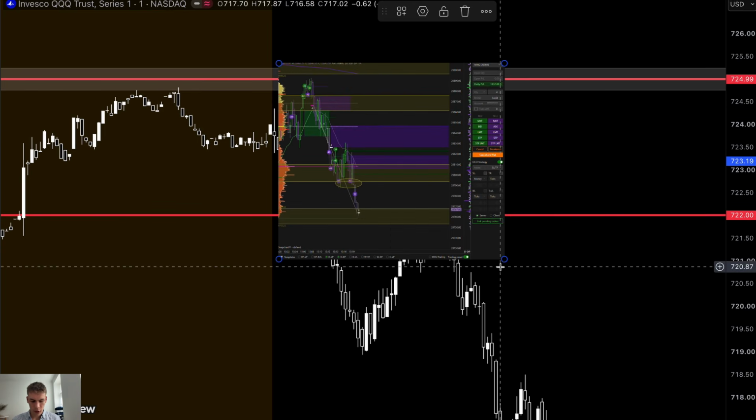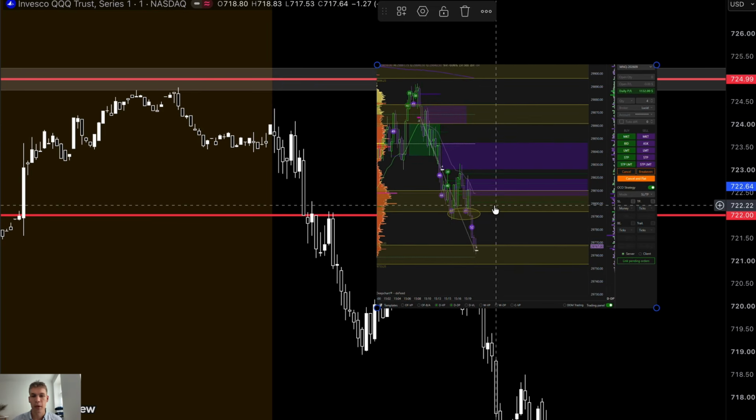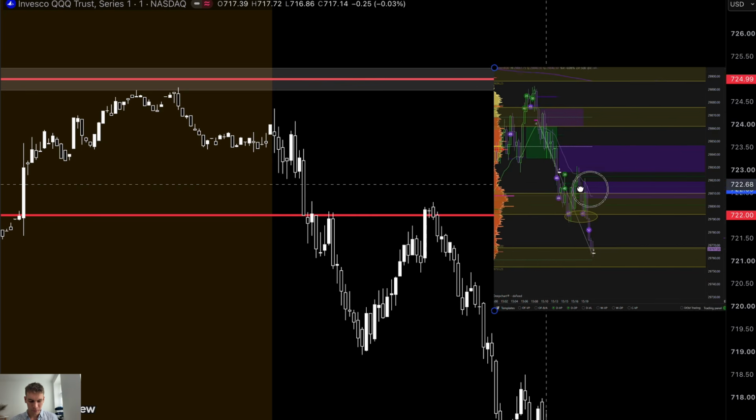And this is the actual trade that one of my students took. That's pretty much the same trade that I would have taken, but I was on vacation, so I'm going to snatch this trade from him. But anyways,